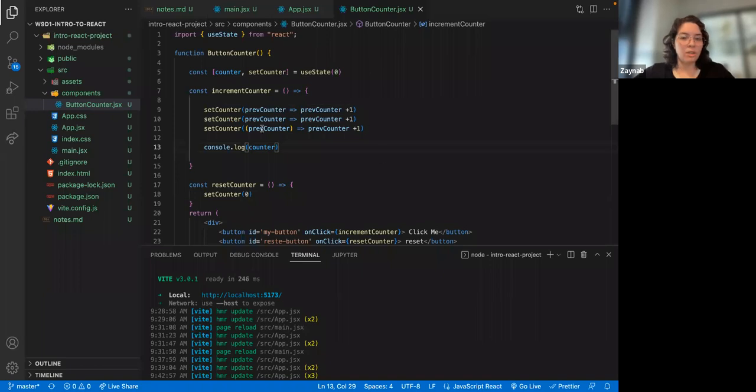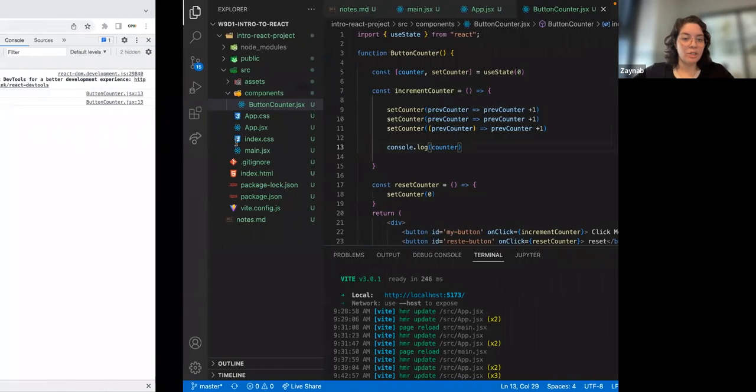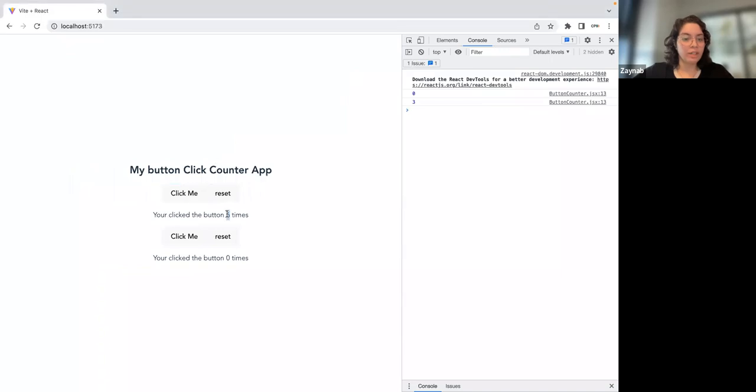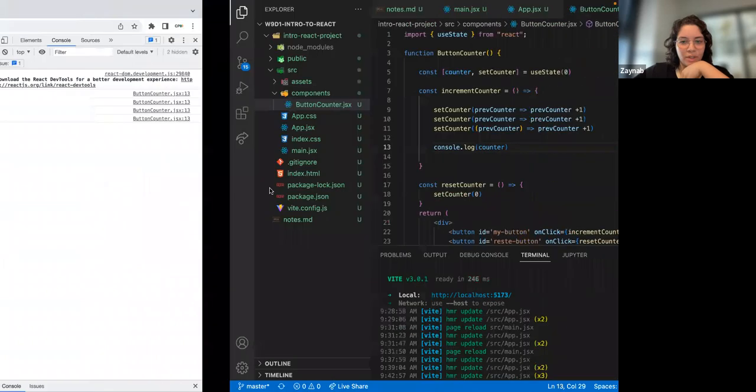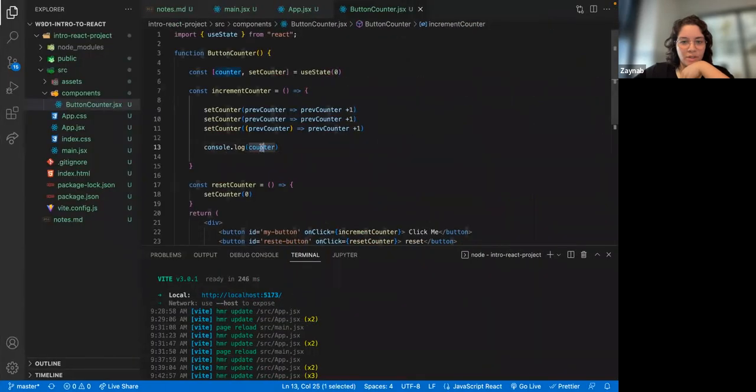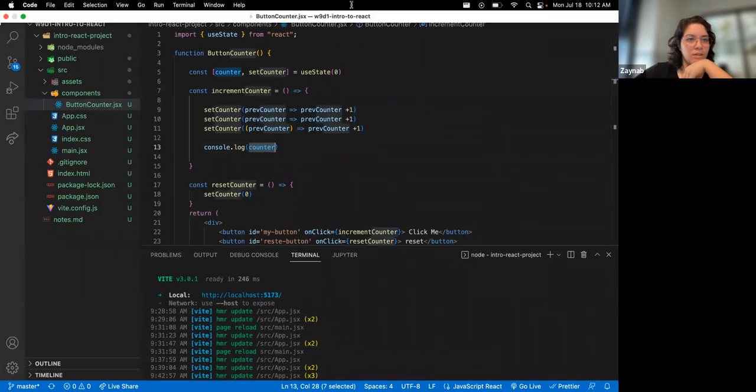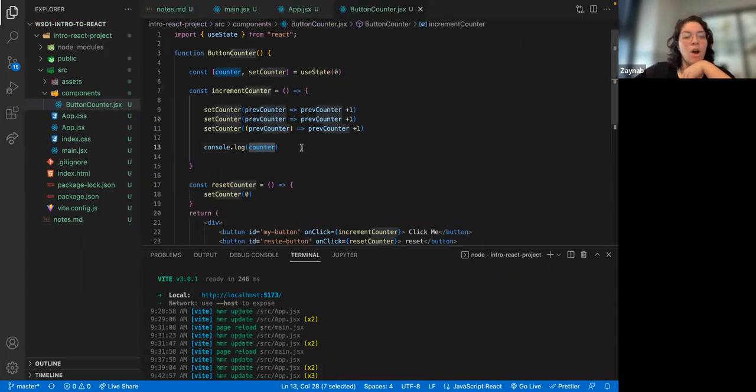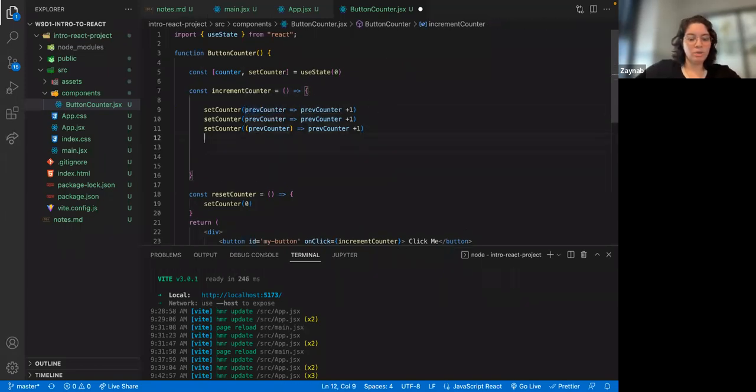But yeah, it is incrementing. Before, it wasn't actually incrementing. So here we can see, no, it shouldn't. Yeah, the counter should show. Oh, okay. So in the previous example, when I didn't have all of this, when I was doing just set